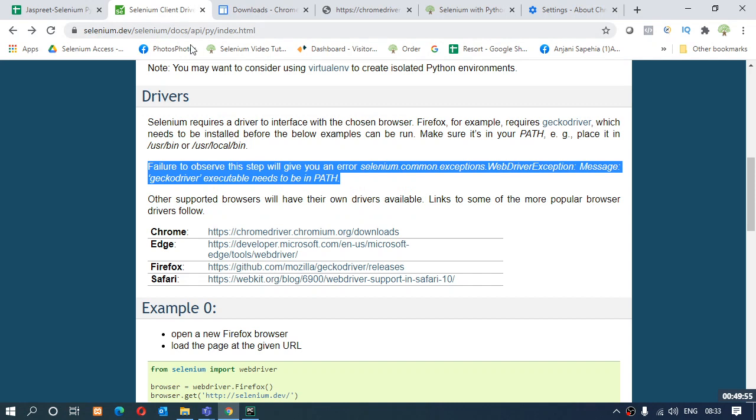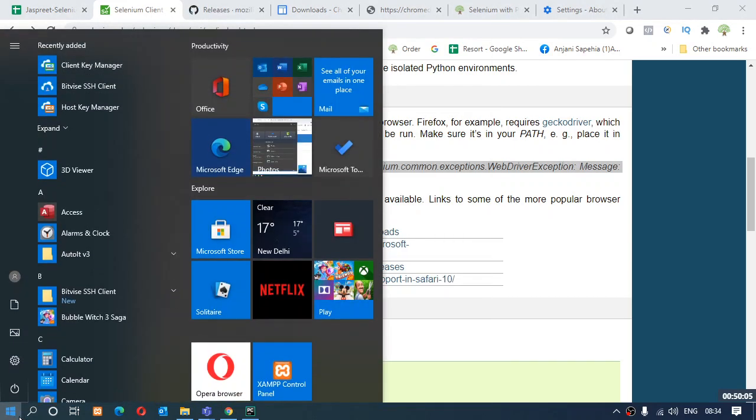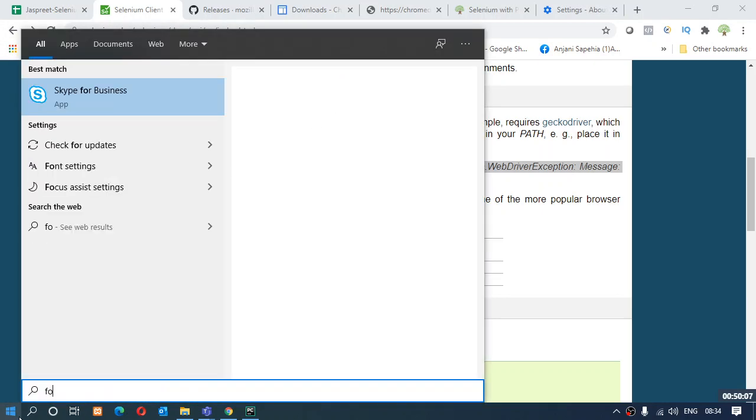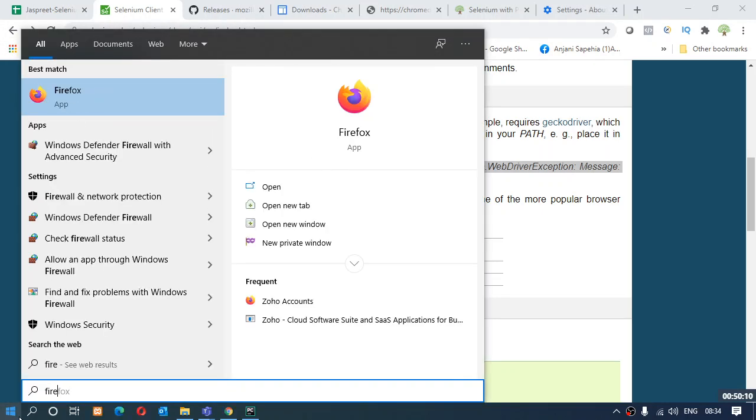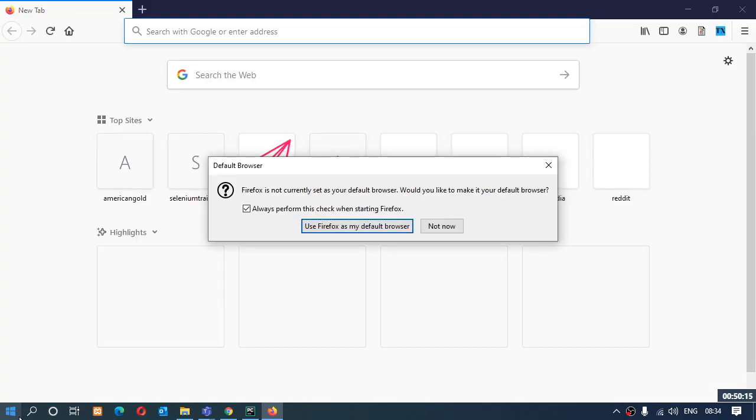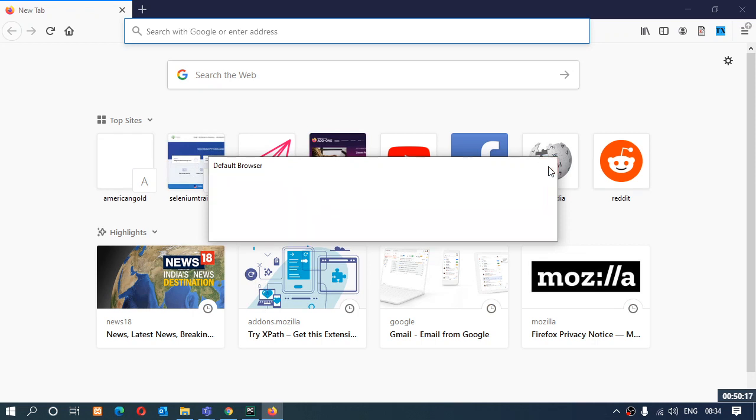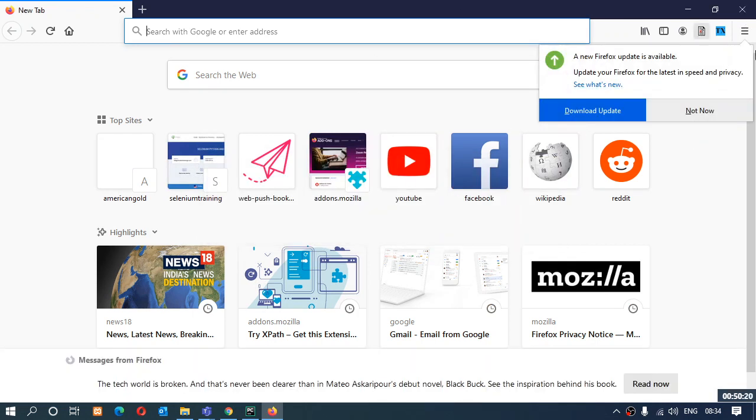I'll come back again to this page, and over here I'll open this link first in my default Firefox browser. So this is my default Firefox browser, and here I will be taking a look at it. It automatically shows that my Firefox is not up to date. It's way older than the current version of Firefox. Why have I done that?